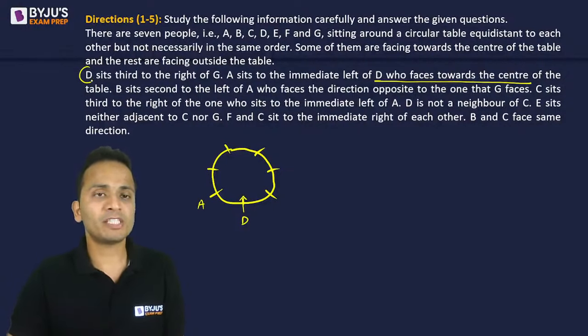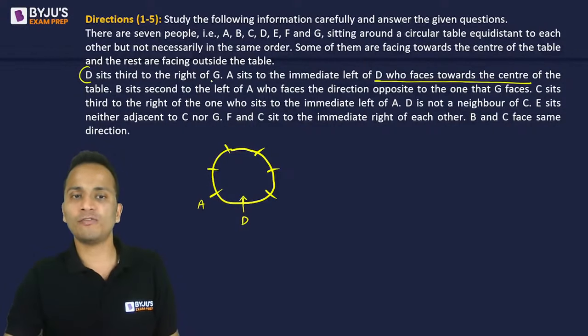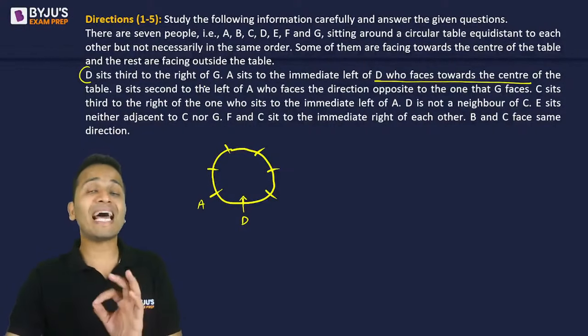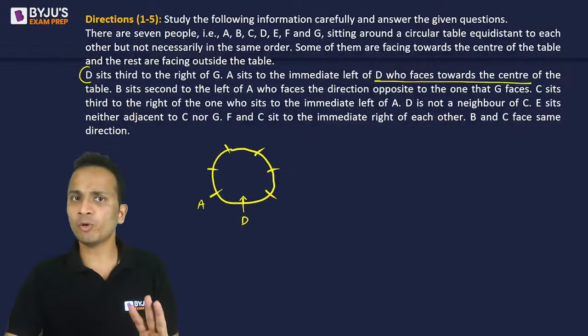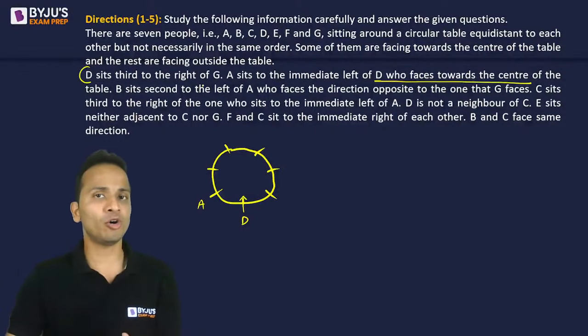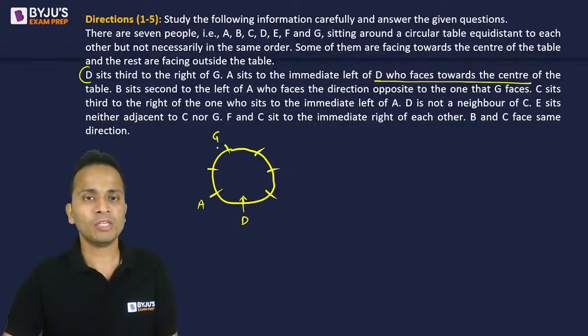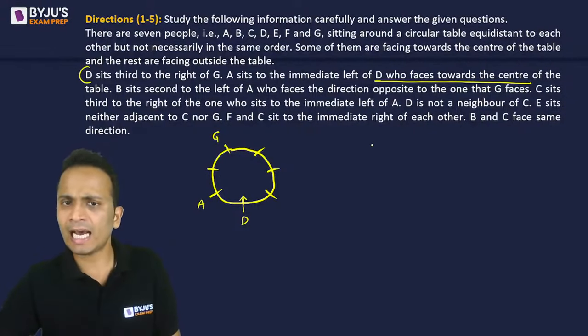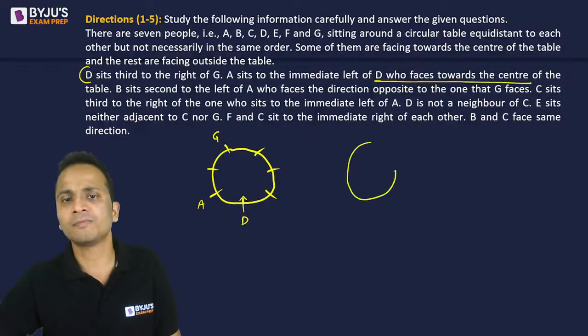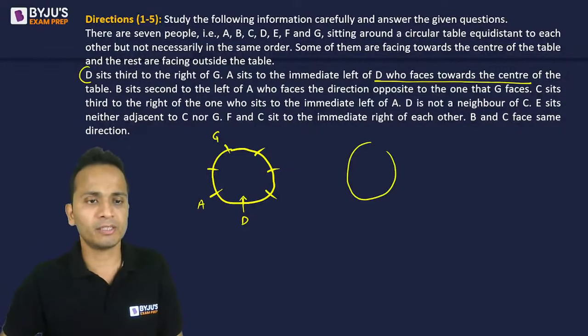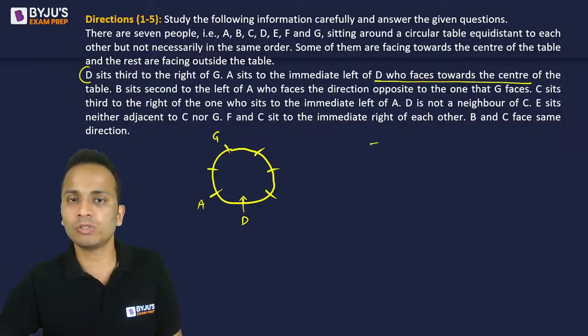Now coming back to the first statement, D sits third to the right of G. अब third to the right of G. So third number पे होना चाहिए. अब G का right will depend on the direction in which G is facing. Okay. So if I'll make G, let's say sit here. So G और D के बीच में 2 persons होने चाहिए. So G इधर बैठ सकता है, and I'll make a parallel arrangement. I'm sorry, I'll make the circle again. Okay, so I'll make a parallel arrangement. एक दूसरा केस बना लेता हूं.